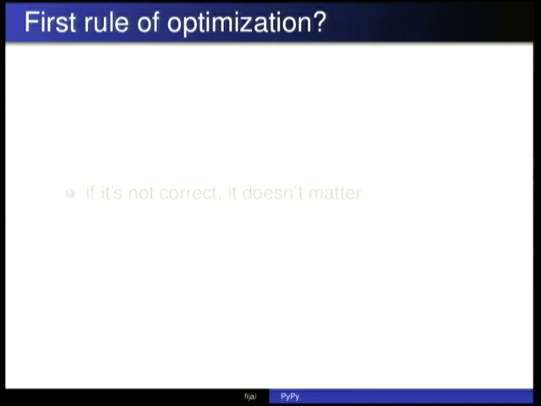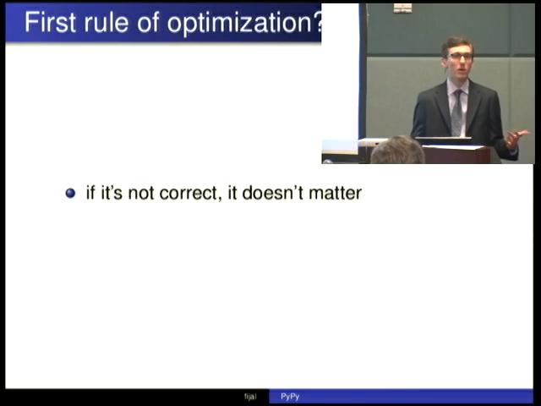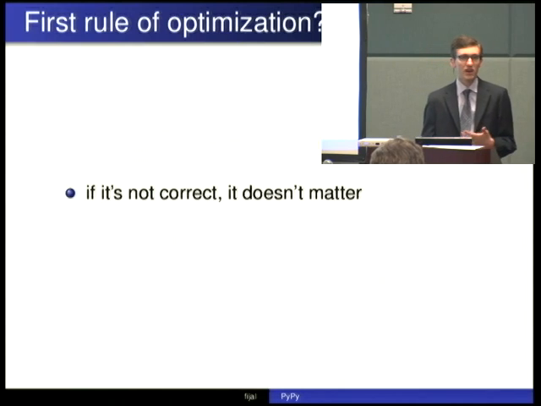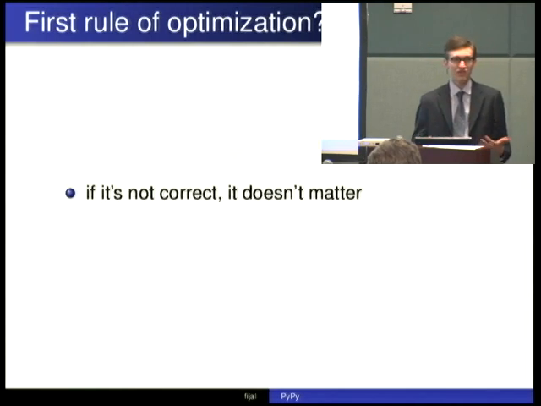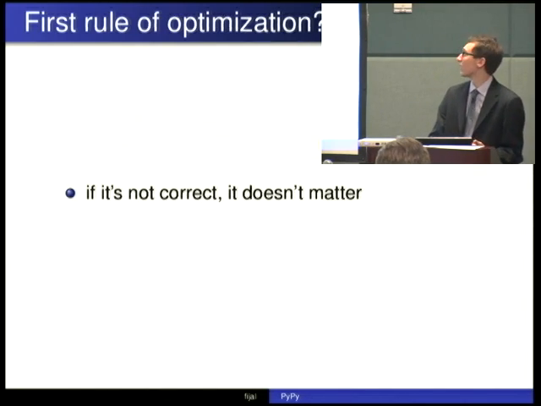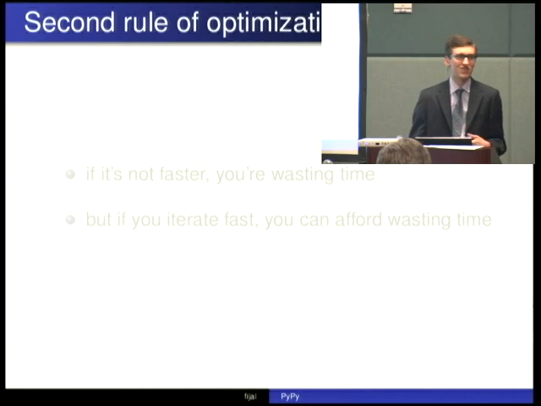Exactly. Optimization is the process of taking a program and changing it so that it has the same behavior, but it executes faster. If you've changed the behavior, then nothing else you've done matters. I can write a Fibonacci function that executes in 0 time, except it's totally wrong because its implementation is return 1. This is not valid. So from the PyPy project's perspective, we are very big test-driven development enthusiasts because this is an automated way to tell when your optimization works. Because working does not just mean faster. It means working. So the second rule of optimization, any guesses?